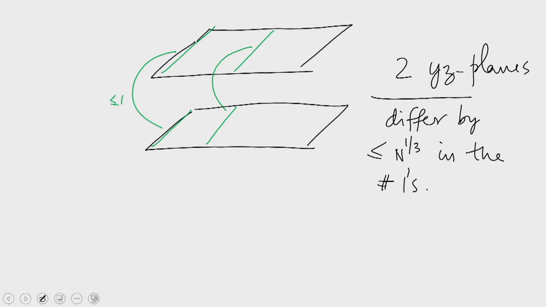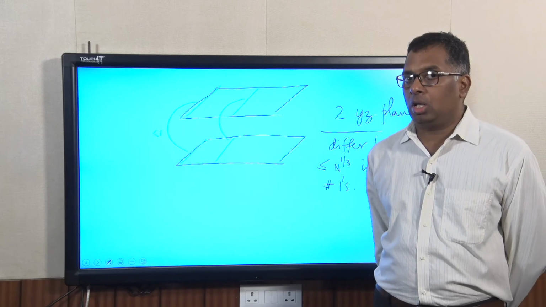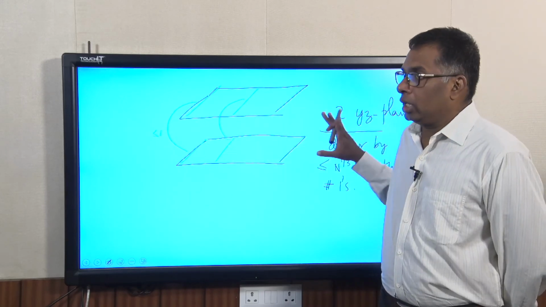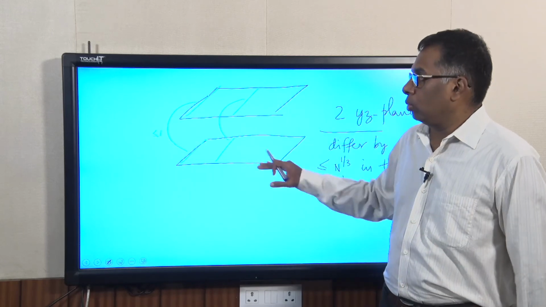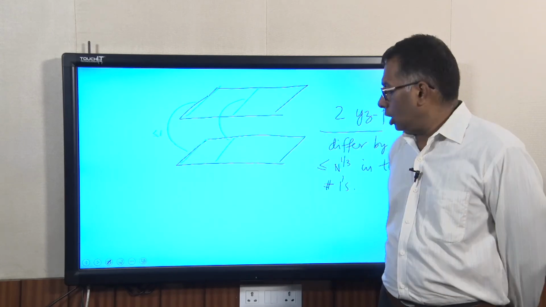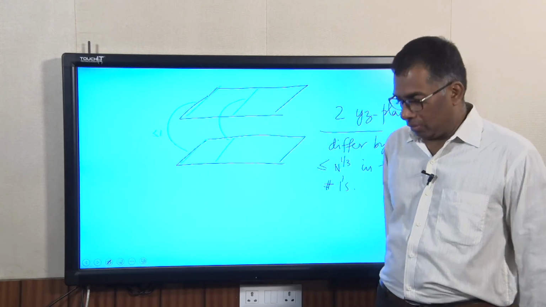Therefore, if you take two yz planes, for every z line here, take the corresponding z line on the other yz plane. These two z lines will fall on the same zx plane, and therefore they differ by at most 1 in their number of ones. Therefore, if you aggregate over these two yz planes, we find that they differ in at most n power 1 by 3 in the total number of ones, because the total number of z lines is n power 1 by 3. Now, what we do in step 2 is to